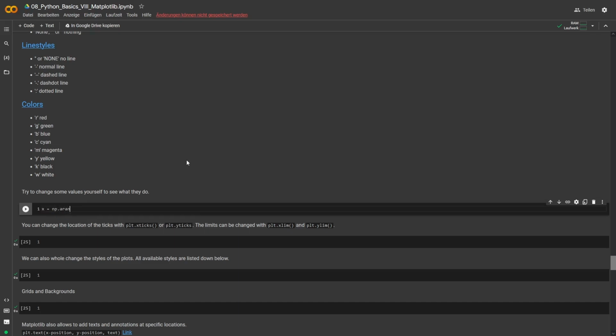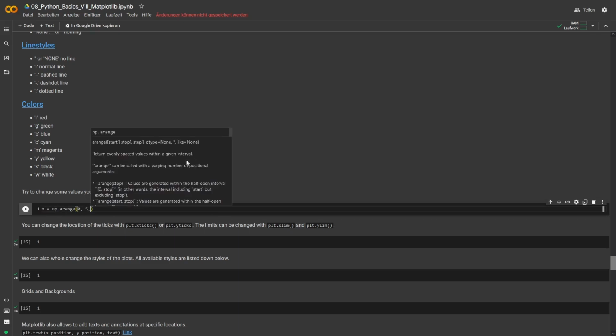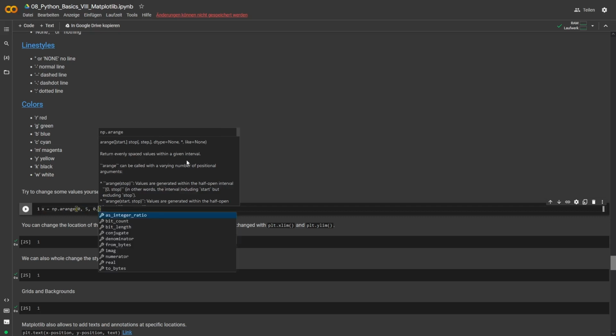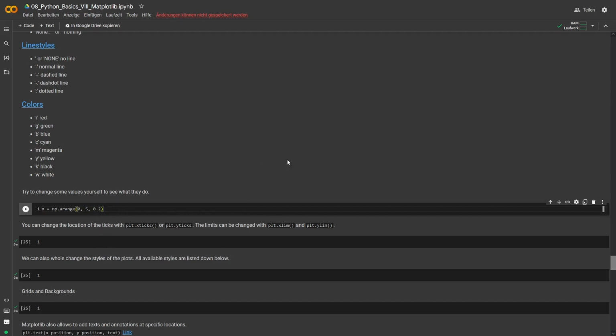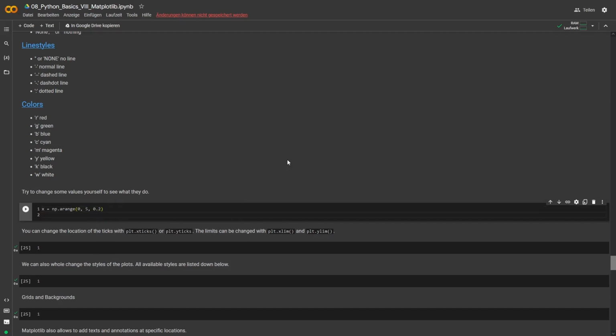We want data from, let's say, 0 to 5, and let's say steps of 0.2. Okay, this will be our data. Then we do 3 different kinds of lines. So first, plt.plot to plot it normally. And